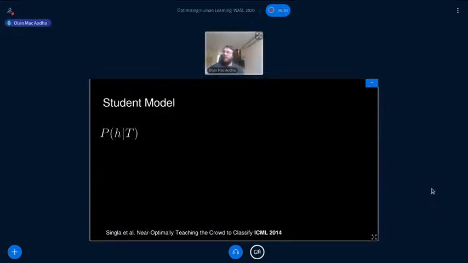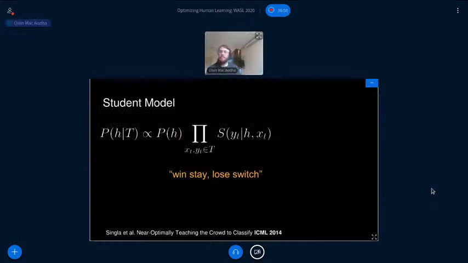Okay, so like I said, we have very limited knowledge of what the learner actually knows. We're going to assume that this discrete set of hypotheses reasonably well characterizes the space of possible knowledge that they may have. And so what we want to do is define a posterior over this hypothesis space, given the set of teaching examples that we've seen to date. Okay, so the teacher can make use of this to guide the selection of teaching examples to show. And so we're going to build on this model from Adish Singla from ICML in 2014.